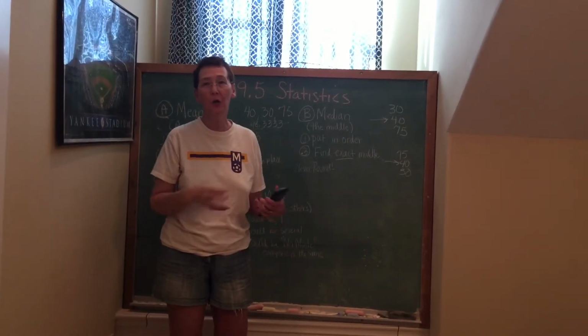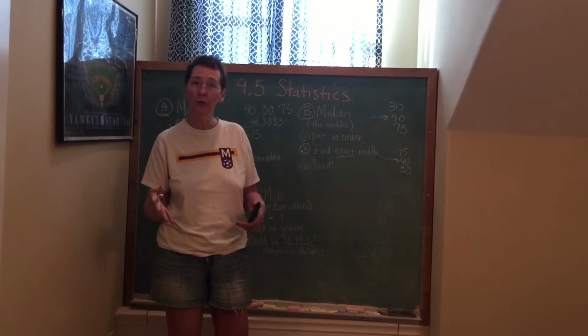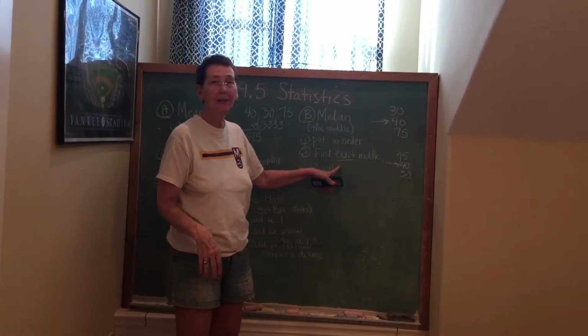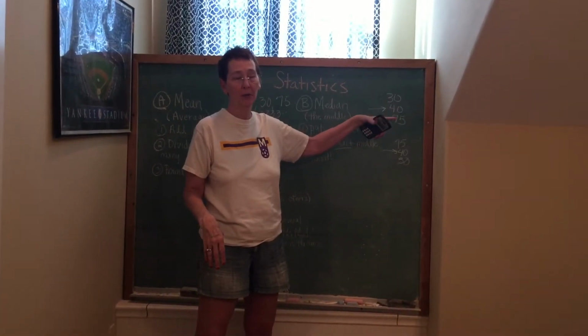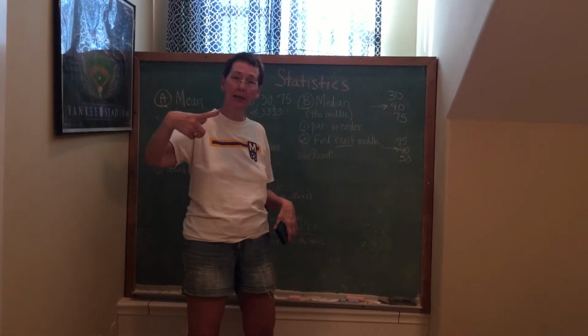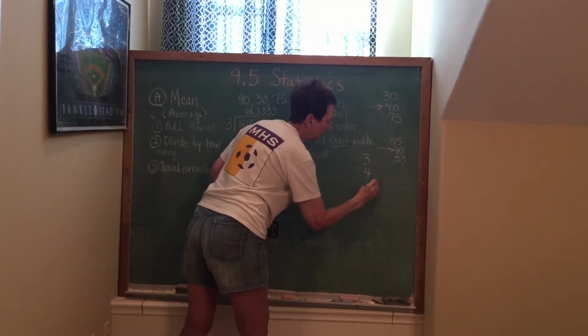So it doesn't matter if you go big to little or little to big. You just have to put the numbers in order. Now, why did I say find the exact middle? Well, if you have an odd number of numbers, it's pretty easy to find exactly what's in the middle. But if you have an even number of numbers,